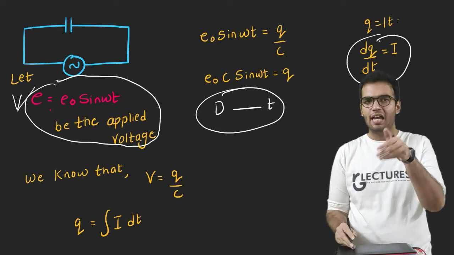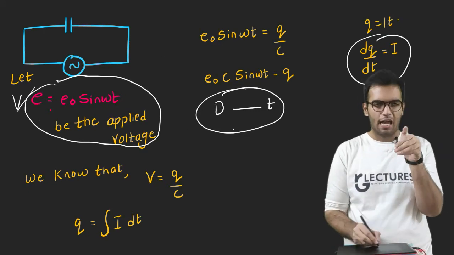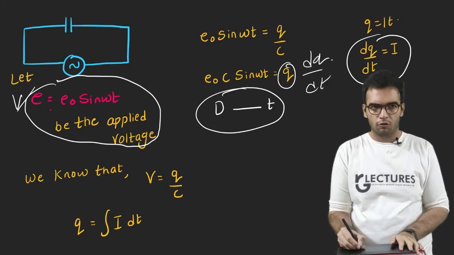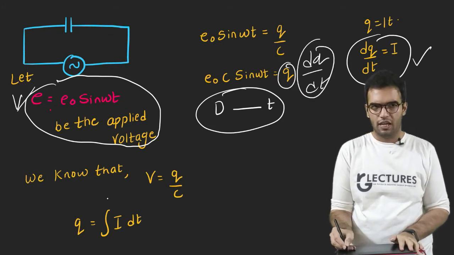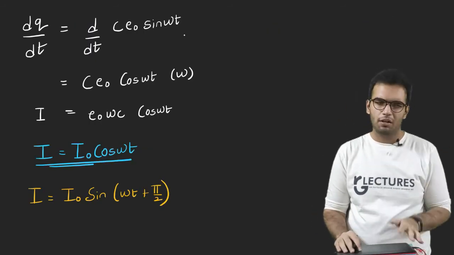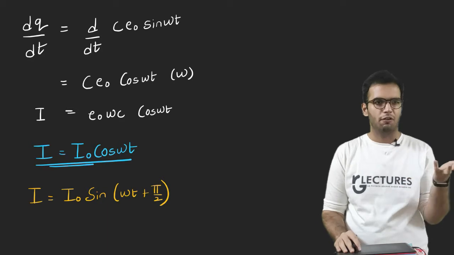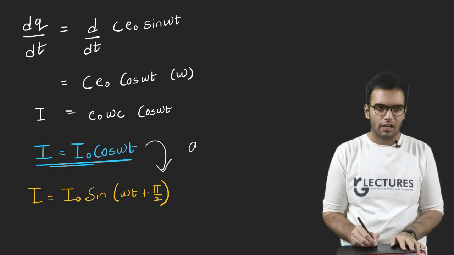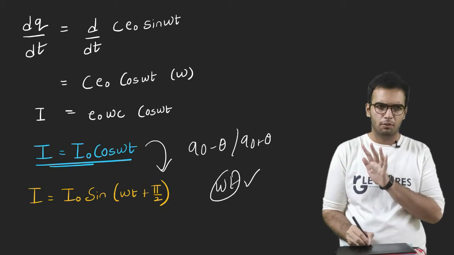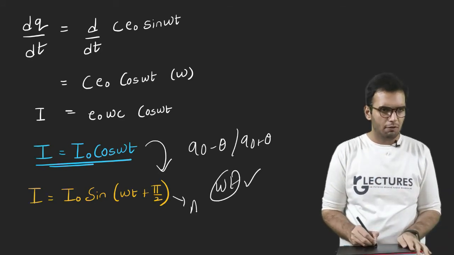I have to bring I into this equation, right? I have V, I have to find I. How will I get it? If I differentiate this term, then I will get I on my RHS, right? So simply differentiating this term, I will get this. Take out the simple derivative, follow the same steps, and you will find everything. Again you decide whether you take 90 minus theta or 90 plus theta. Only omega t should be positive. This is my final equation.